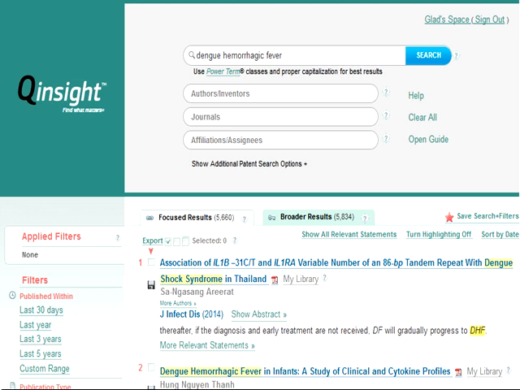Now on the left hand side of the dashboard, or search engine page, you can have some filters, for example a time filter, the publication time period. When you use a keyword, the results that pop up will be focused results and broader results. Also, you can see a small save button appearing opposite each of the search results, which shows that this article is available for download.